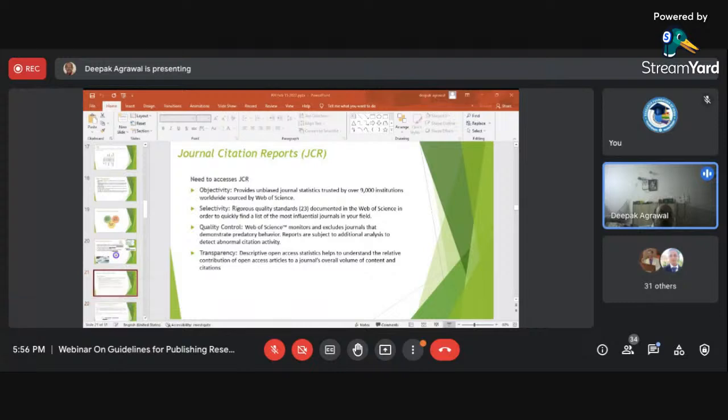Then the JCR reports follow a certain transparency. It provides a confidence level amongst the users and the publishers. One good thing is that it is an open access journal. In open access, once again, the journals charge publication fees to us, but it is easily accessible by the learners.